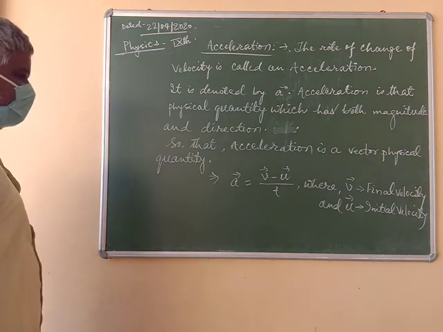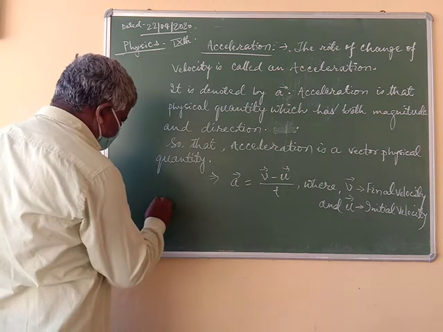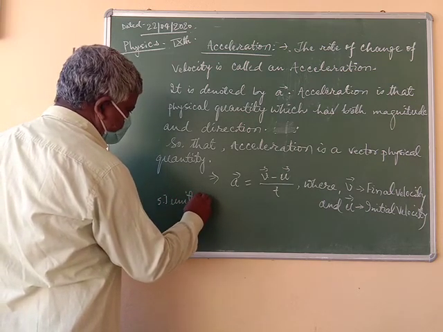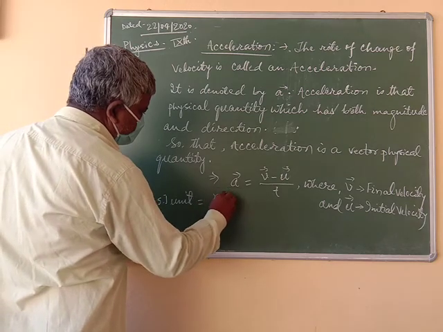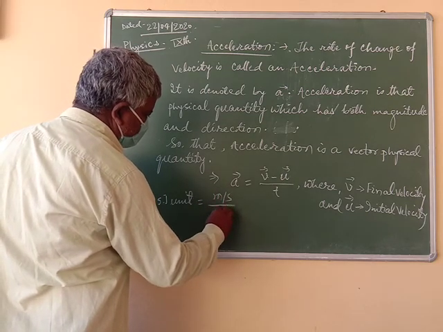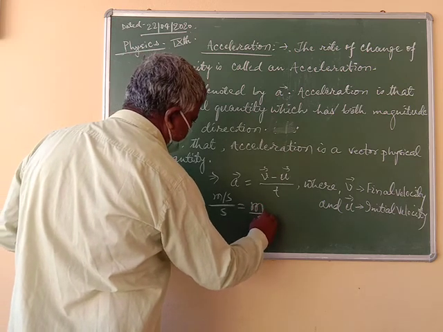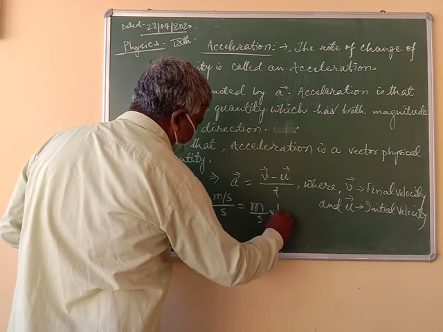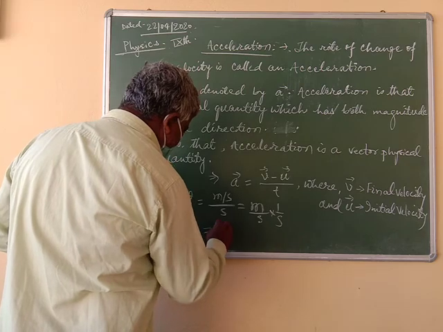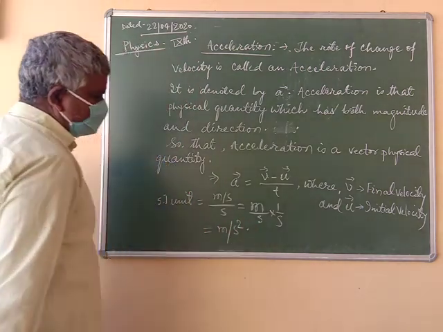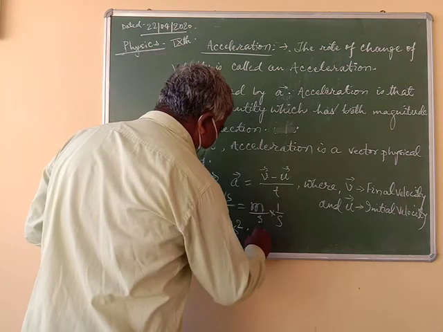The SI unit is meter per second by second, that is meter per second into 1 by second, that is meter per second square. It can also be written as